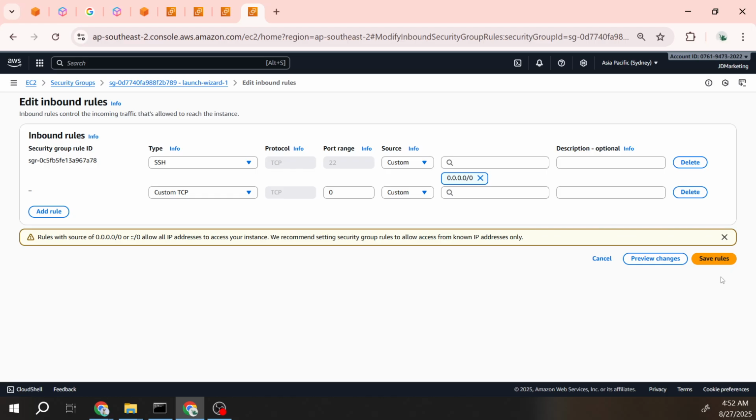And there you have it. You've successfully opened a port in AWS. This process ensures your applications remain secure yet accessible,